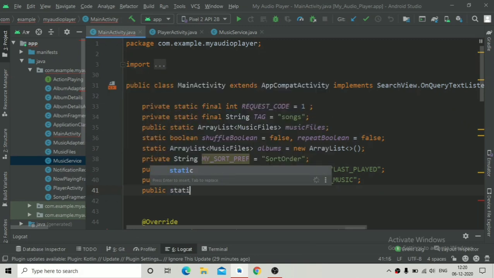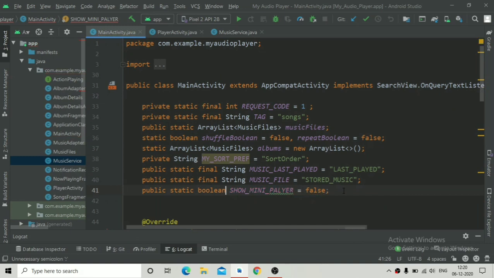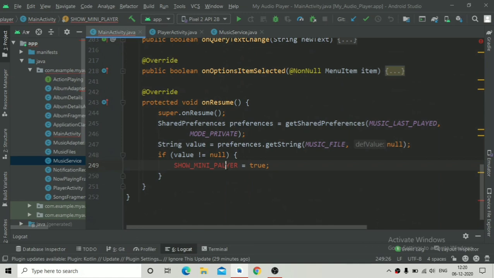So public static, copied the code and pasted over here, false. It will be actually type of boolean. So just write boolean, and typo error, SHOW_MINI_PLAYER. And you can also change this over here to SHOW_MINI_PLAYER, and that's it, it is resolved.